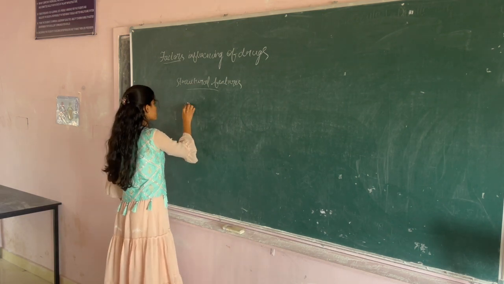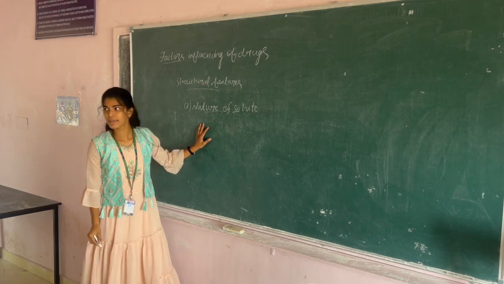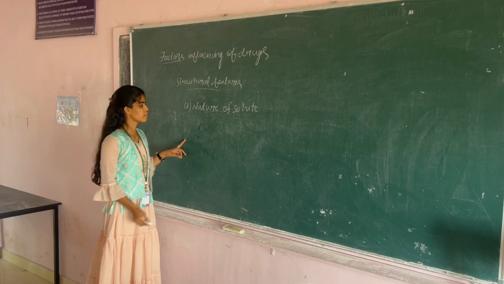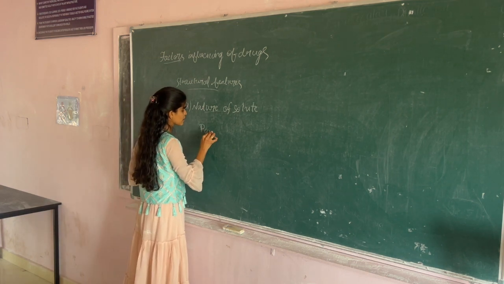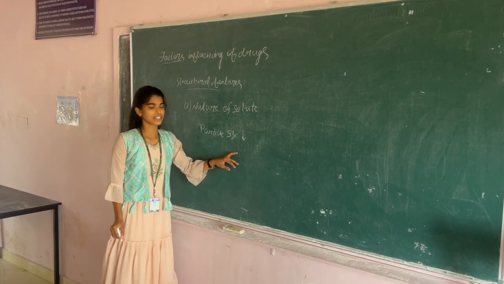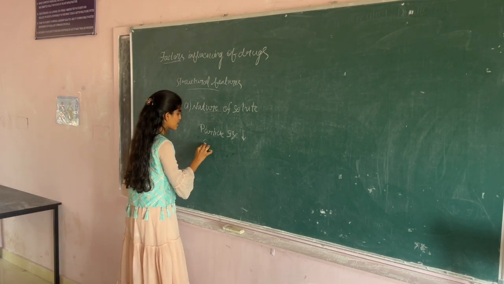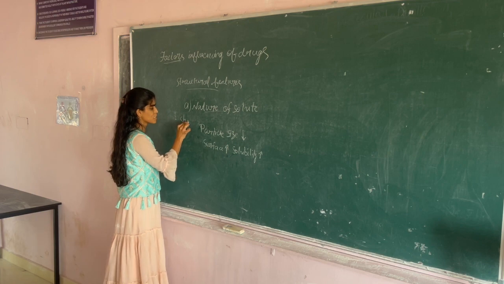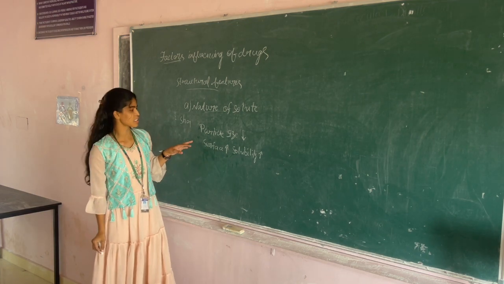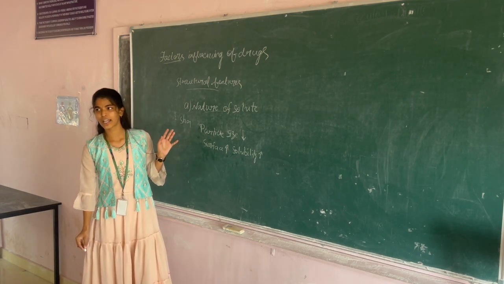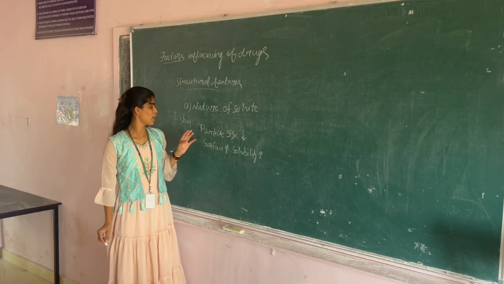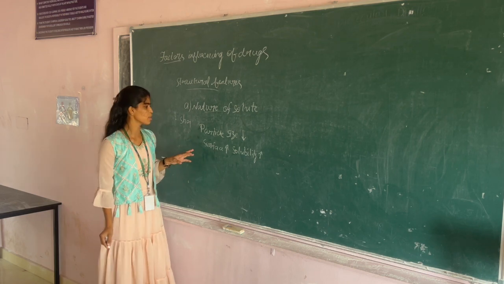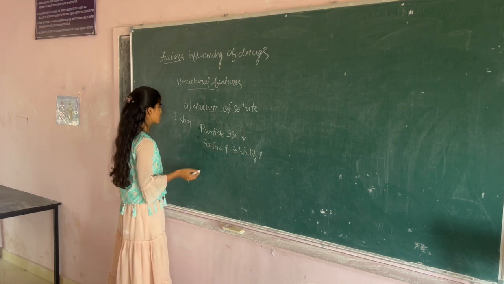The next nature of solute is mainly based on size, surface area and solubility. When the particle size decreases, the surface area increases, and the solubility increases. The solubility also depends on shape: symmetrical molecules and unsymmetrical molecules. Symmetrical molecules are less soluble and unsymmetrical molecules are more soluble because they have more surface area.